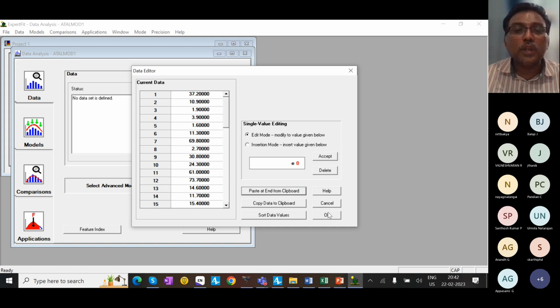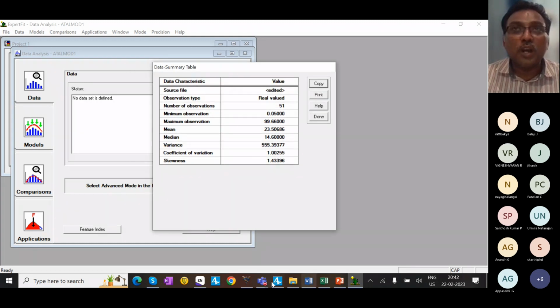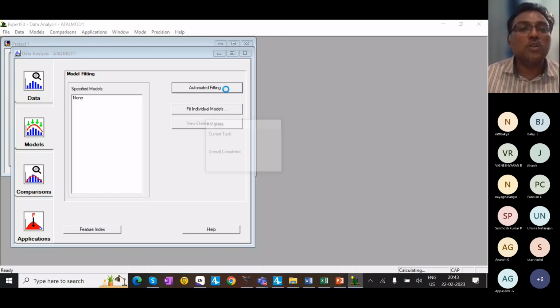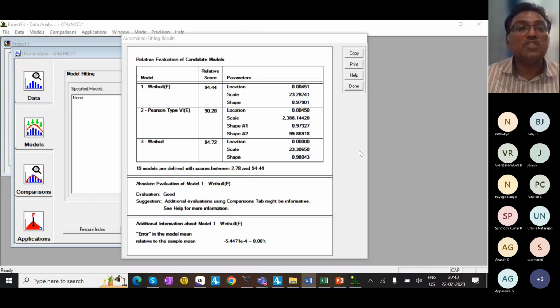Now I want to fit what the inter-arrival random variable is. I'm going to fit a distribution for this model. You can see here, once you give automated fitting, is my screen visible? You have three types of distributions that seem to be appropriate for the arrival. A Weibull distribution with the parameters scale and shape, alpha and beta. Maybe scale parameter, shape parameter. So this is the most appropriate for the arrival.